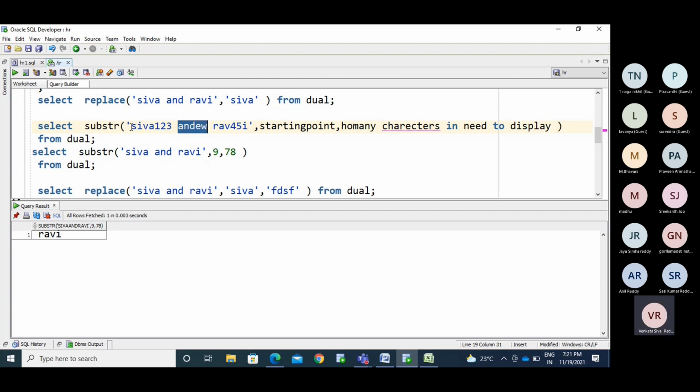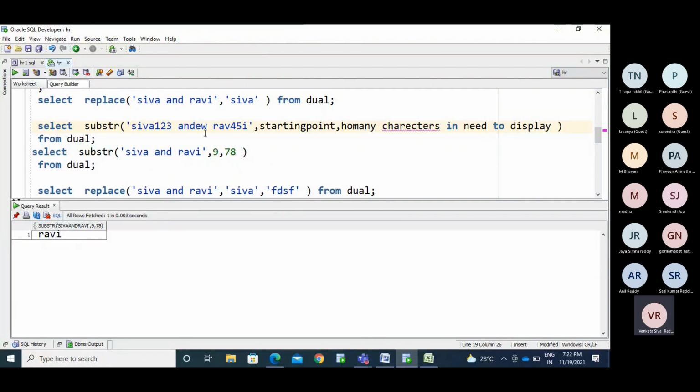So this is your starting position. You need to know the position of the character. If you know the position of a particular character, then we can mention how many characters you are going to display.